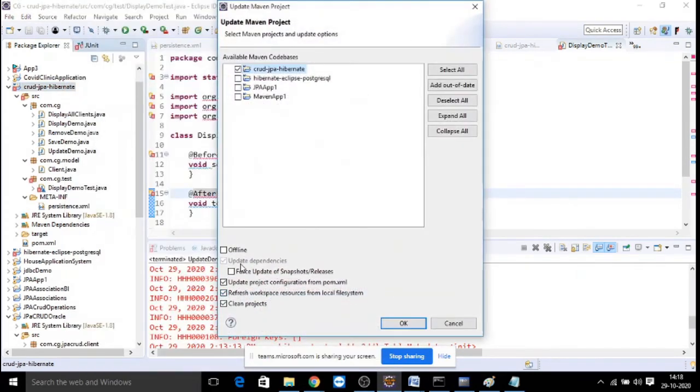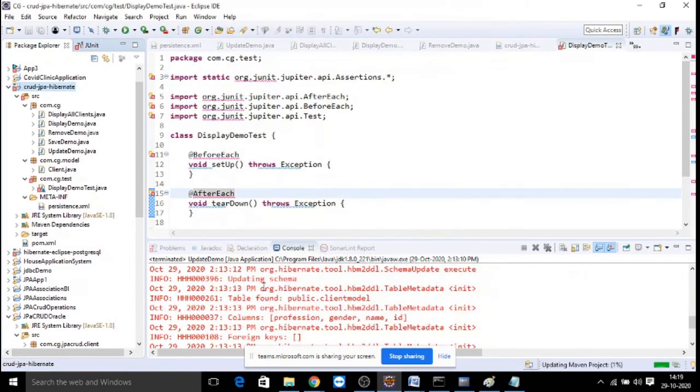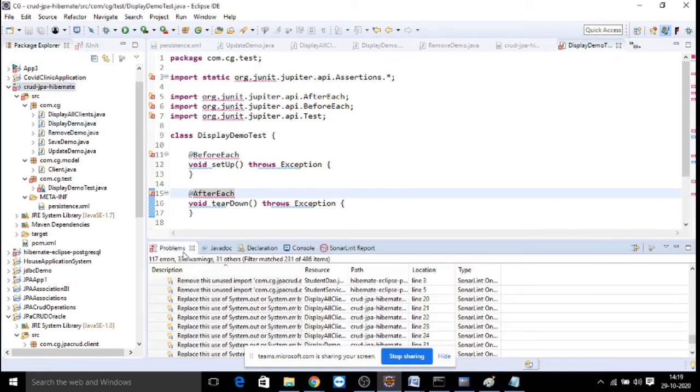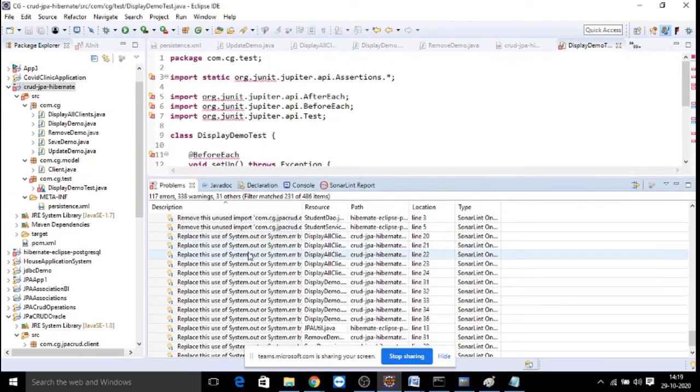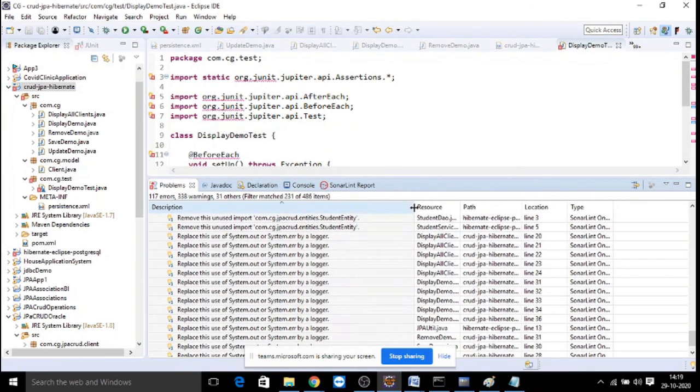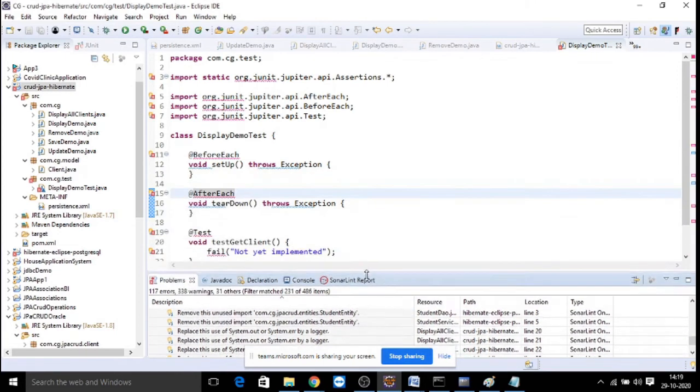And don't forget to add code review tools, either PMD or SonarLint. Always for your project code, make sure that you are using debugging and code review tools, so that when something goes wrong in the problems view, it will display all the reasons for your application. It will show you what all the warnings are. So don't forget to add code review plugins.